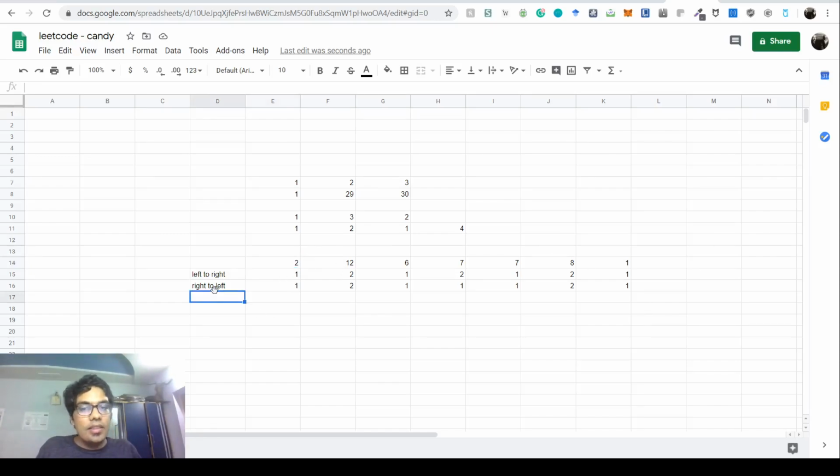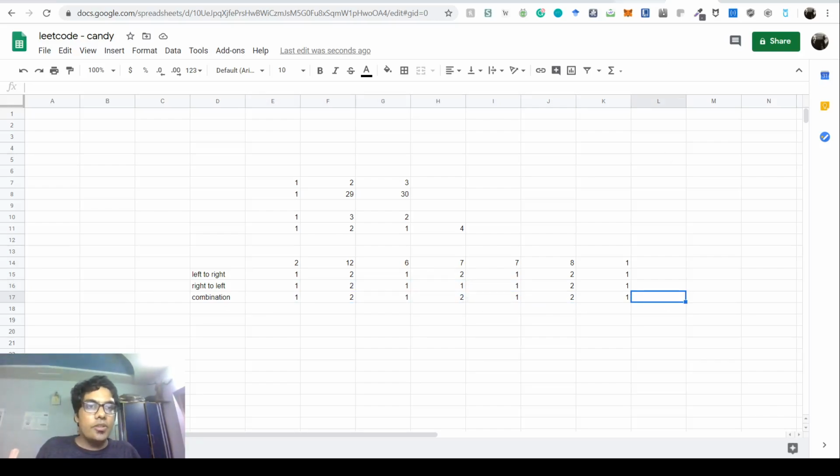So this is the entire left pass and right pass, and we need the combination of both. In the worst case, you would need the max of these two. So the max of these two is 1, the max of these two is 2, the max of this is 1, and so on. Essentially these values are the same, but in some places they have to be different. So this will be the greedily minimum allocation of all the candies, and the sum of this will be the answer, right?